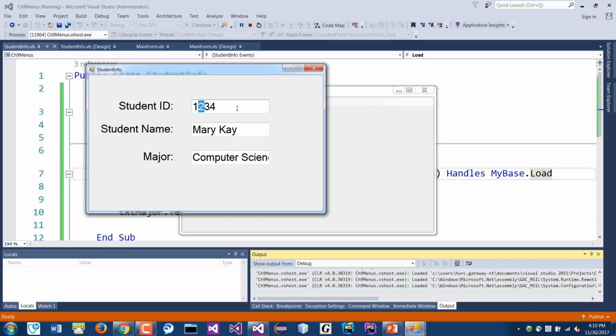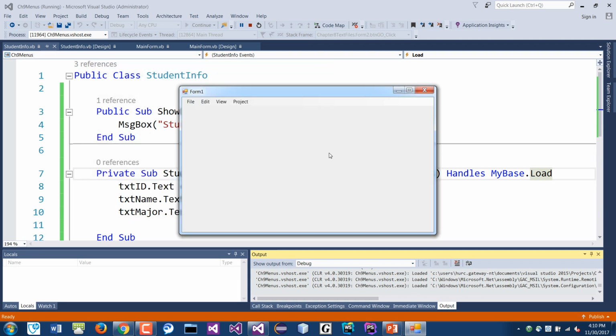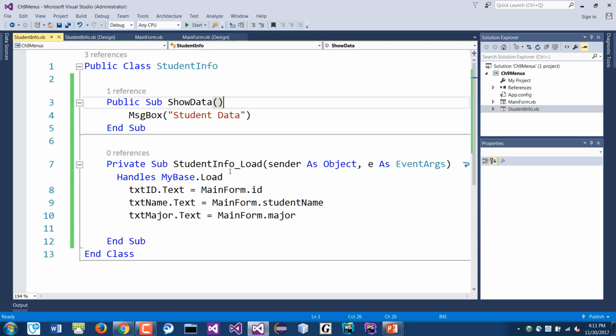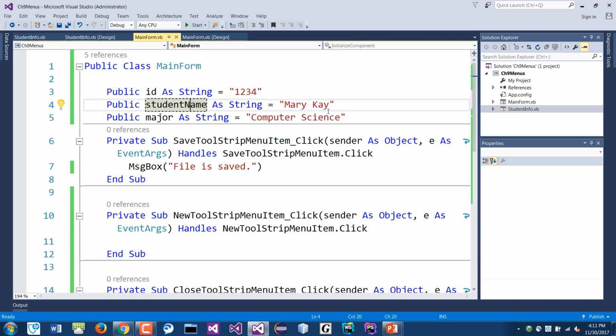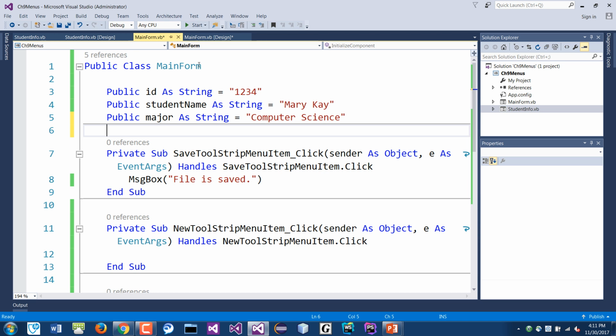So you can do some stuff. You can modify this, right? You can change the data here, and then close it, and you modify the content in the main screen. Okay, so what that means is that this form ID comes from the main screen. This is where the actual data lives, right? Inside the space here in the main form. These are populated with this data, and I could actually change the data here